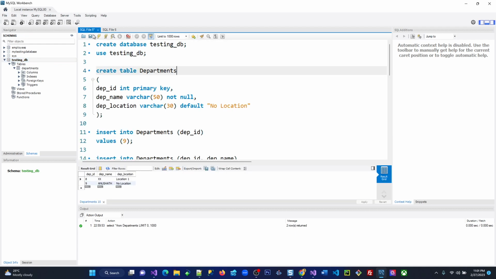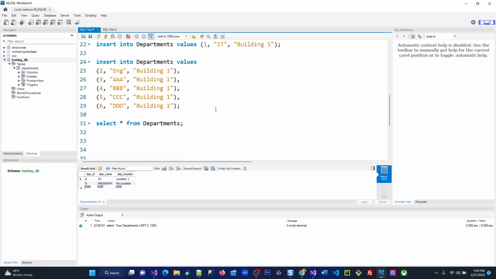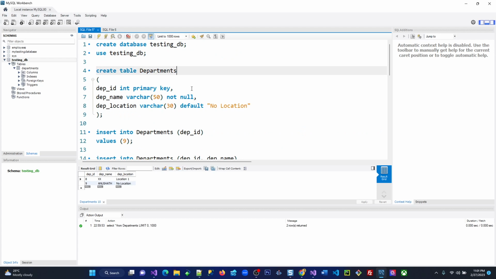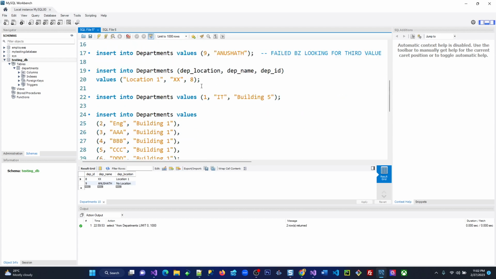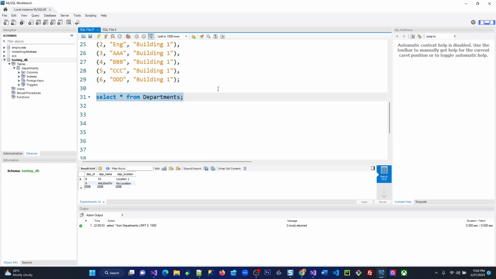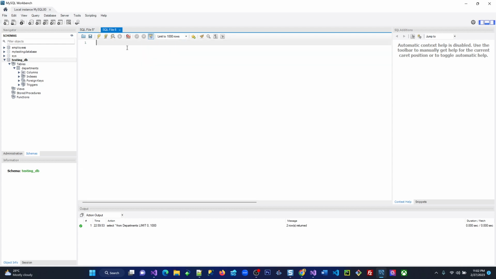So why do I keep it here? Because it's already too long. I'm scrolling and scrolling up and down. It will be complicated. So I'm going to do it here. So initially what I need is this query. So I'd better type it now. So I'm going to say select star from